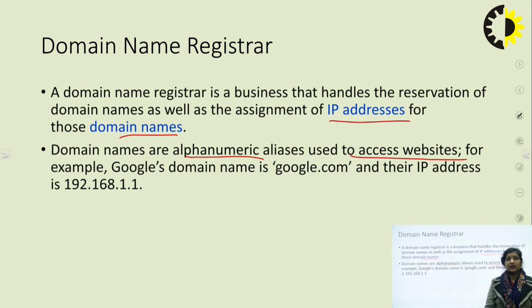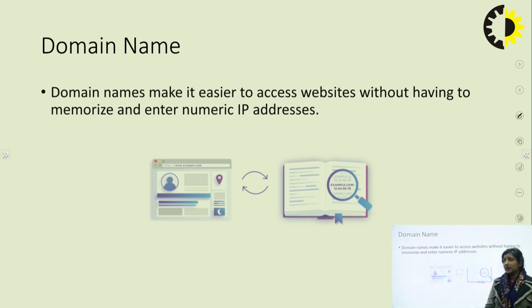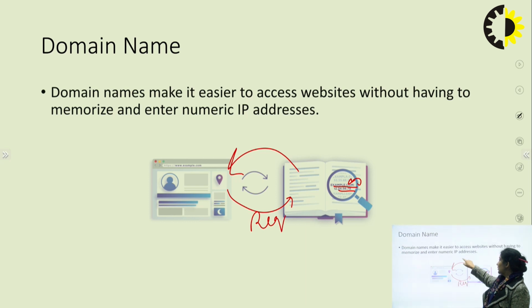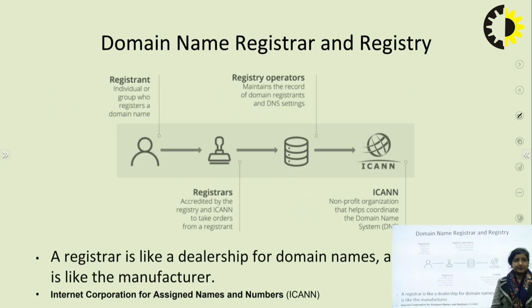Okay, so these are the domain names. If I see over here, this domain name, the user right over here, example.com, what will happen in the DNS server? The DNS server will see that for example.com, what is the IP address? It will go to this IP address, that is the server IP address. There it will access the website, and then similarly to the example.com, it will return the response. So the request will go to the DNS first, and then this response will be coming over to this main site.